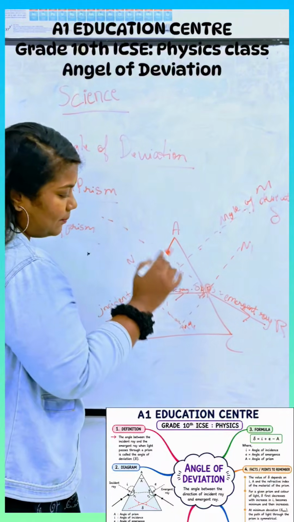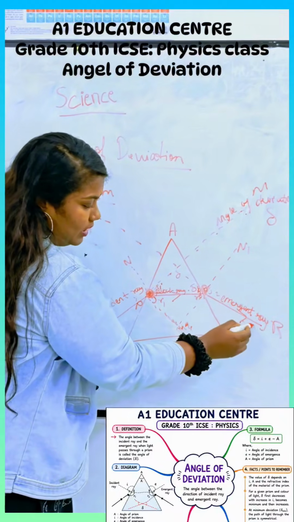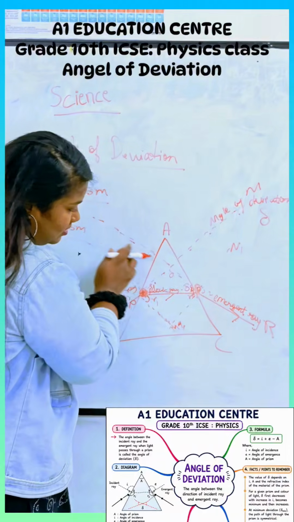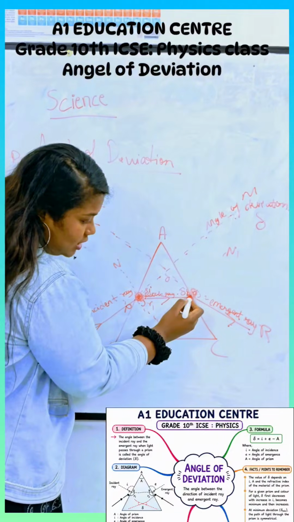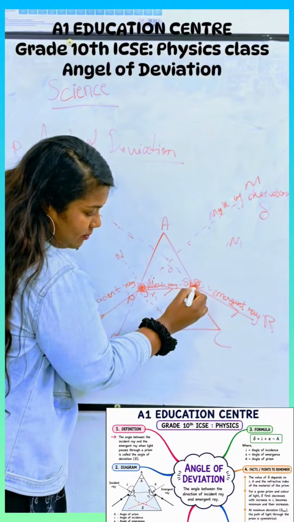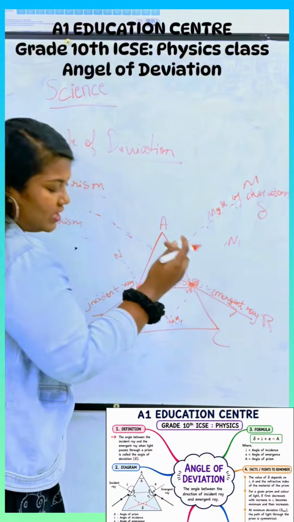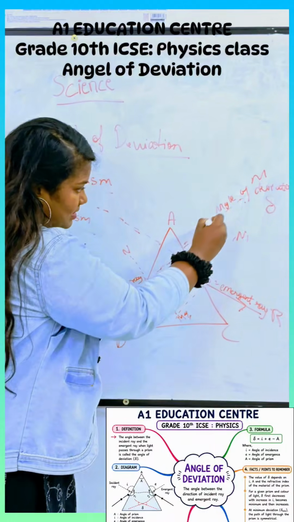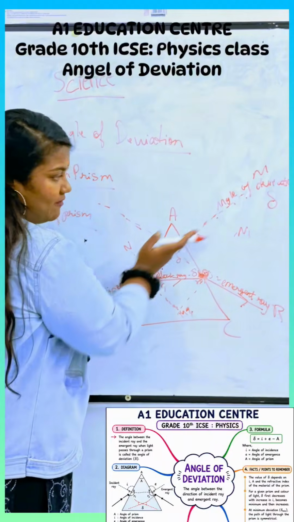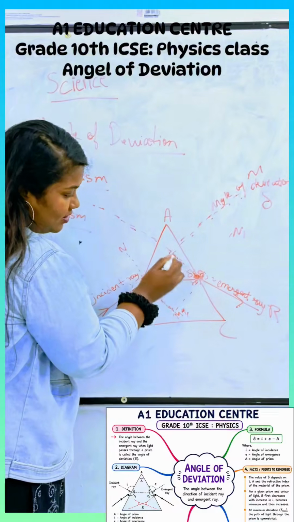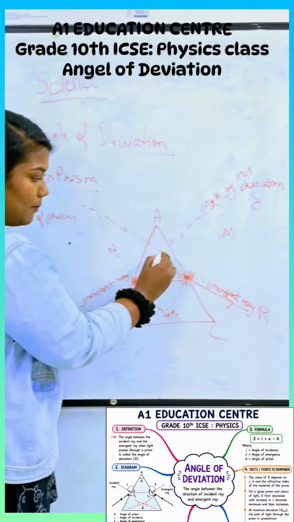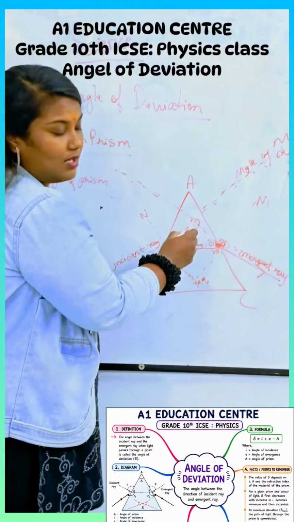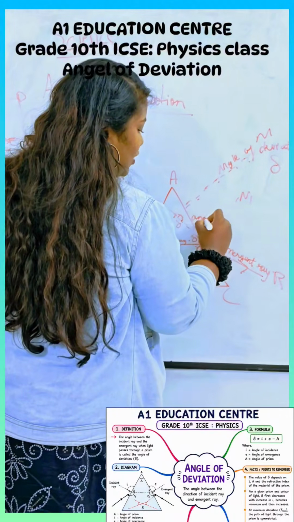Got it? Second, now when the emergent ray is coming out, if you take the path of reversibility, it will be going which side? Straight. Instead of that, this is also bent and it's coming like this. So this one will be angle of deviation 2. Correct? Now, when you extend both the rays, that is the incident ray, if it travels straight, and the emergent ray, if it travels straight, you will get a point where both the rays will meet. That is angle of deviation 3, but you can just call angle of